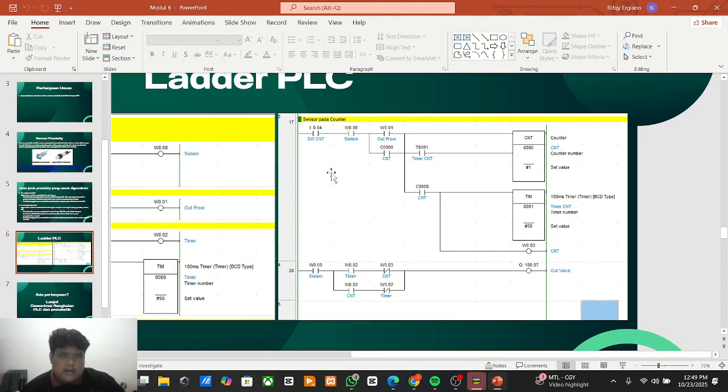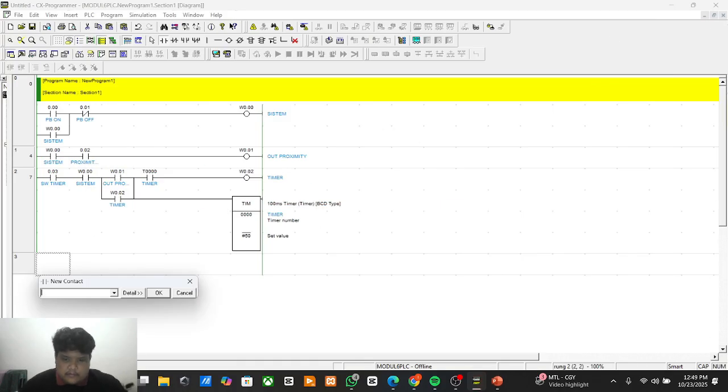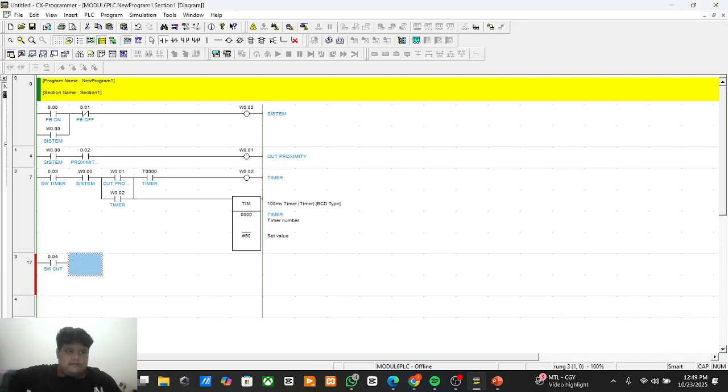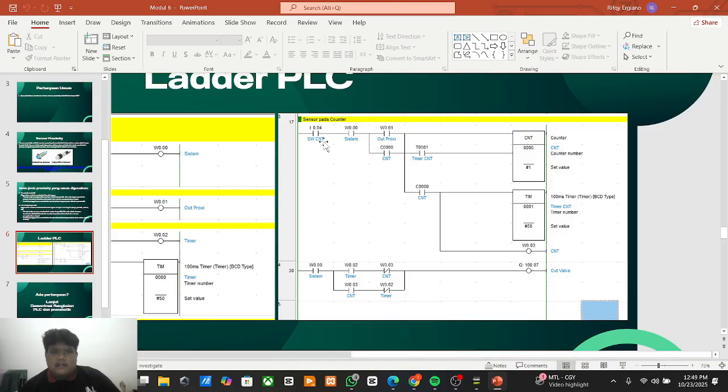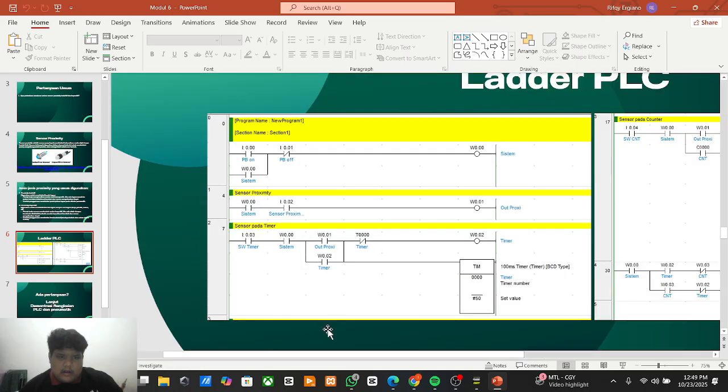Here the set for the counter switch, zero. Then the next is for the system output, like this, almost like this.